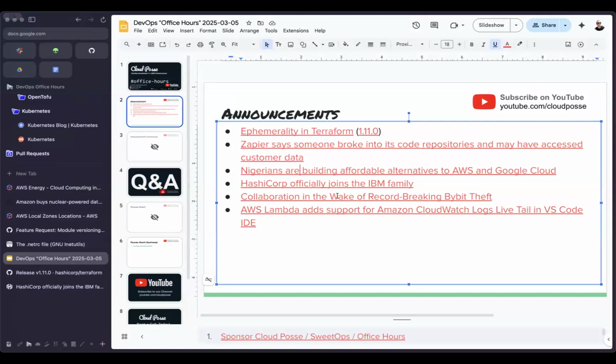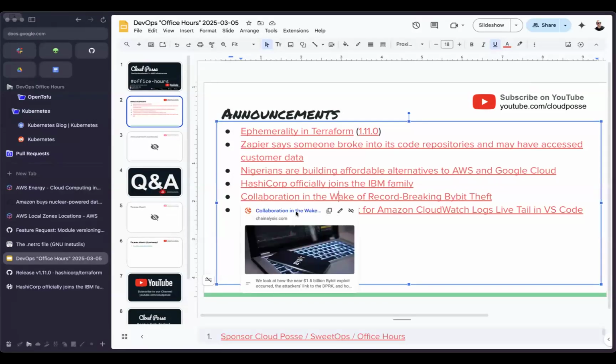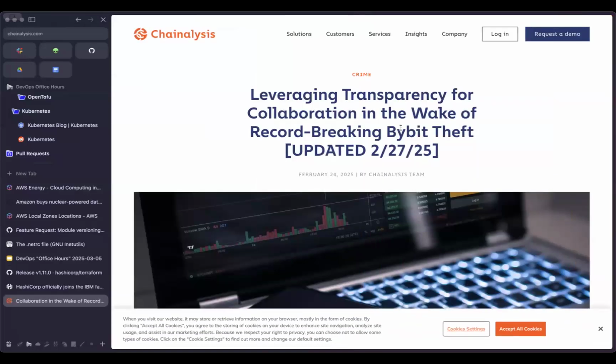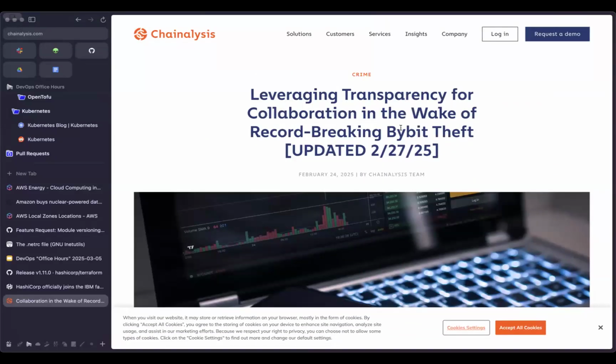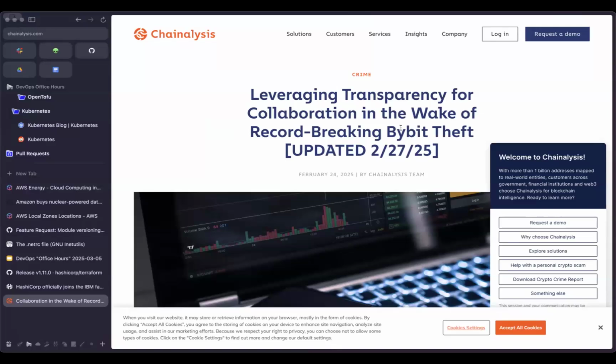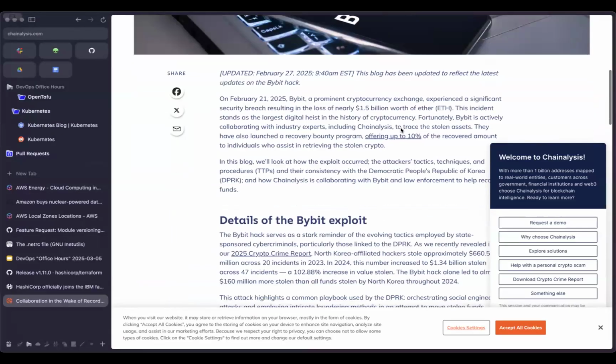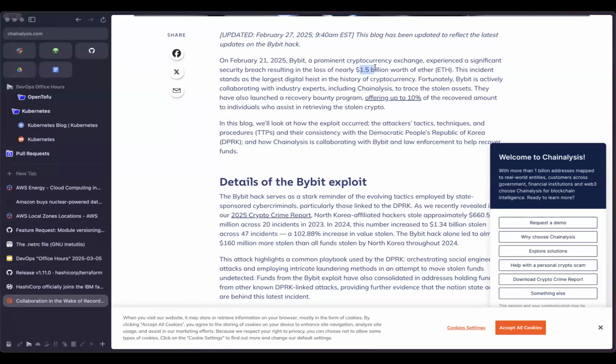So let's see. Next announcement I had, this is old news for those of you following everything going on in crypto, but it was new news for me this week. I didn't hear about this crazy huge attack against Bybit, which is one of the popular Bitcoin exchanges. Hackers got away with 1.5 billion worth of Ethereum as a result of this.